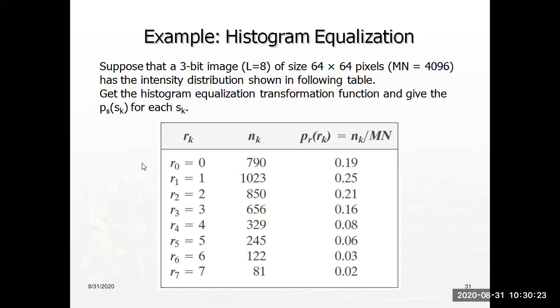So here I am considering R suffix k, n suffix k, and PR of Rk. Here I am getting probabilities. For this case, we have to calculate the equalization process: S suffix k, PS of Sk. So this is my table. In the table, R suffix k, N suffix k,